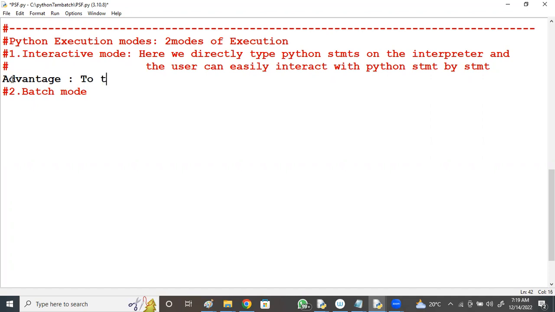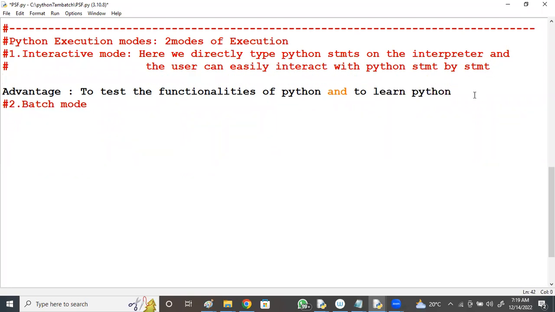It is used to test the functionalities of Python and to learn Python.